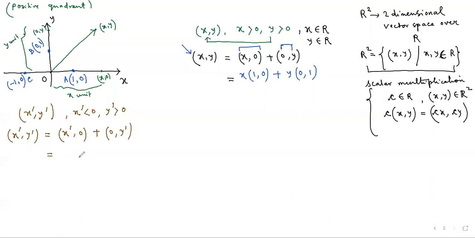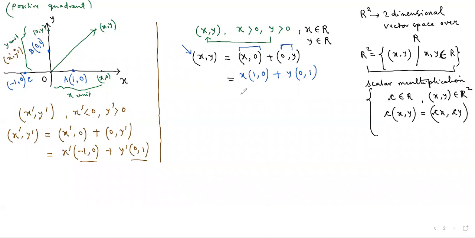And again, in a similar manner, we can write it as x prime into -1, 0, and y prime into 0, 1. So in terms of -1, 0 and 0, 1, we can define any point x prime, y prime on the second quadrant of the two-dimensional plane. And in a similar way, we can consider the third quadrant, the fourth quadrant, all the quadrants can be considered. So what is happening? The interesting point is that in this,